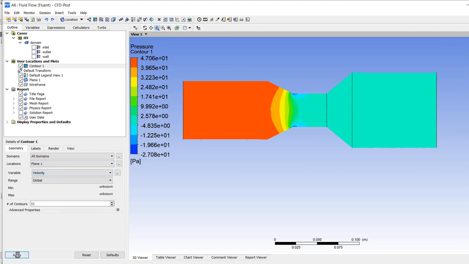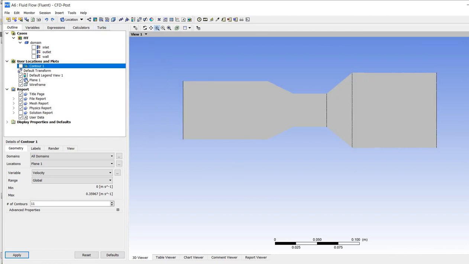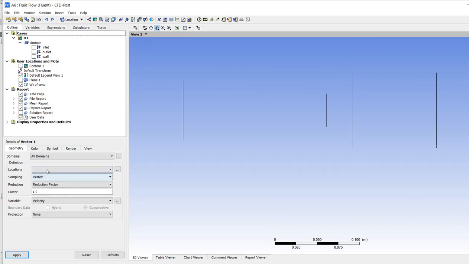We need a variation of velocity also. So you need to give a further fine mesh to again get more refined results. Like you have to do a mesh independent study. Also, you can take the vectors if you want to see how the flow was behaving.